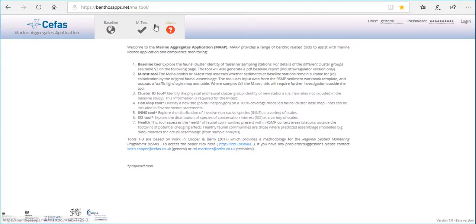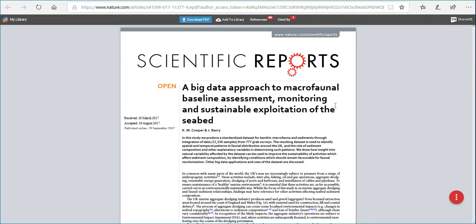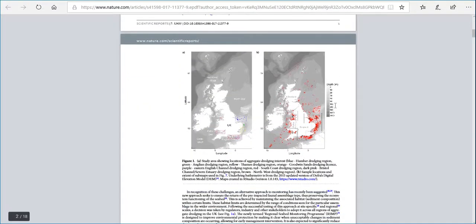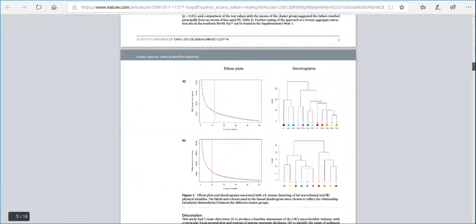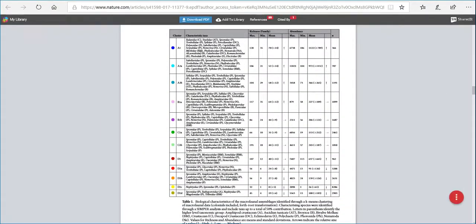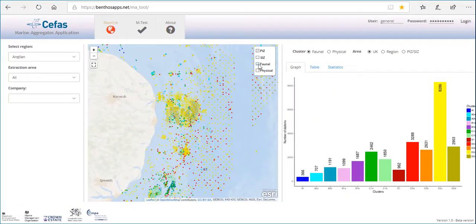If you click on that, it'll take you to the journal website, and in that paper you'll find lots of information about the data, how they were collated, how they were analysed, and crucially there's a table here which summarises the nature of each of those cluster groups. And there are 12. You get here in table 1 the characterising species and information about the richness and the abundance of each group. So going back to the Baseline tool, if I just turn off all those sample points